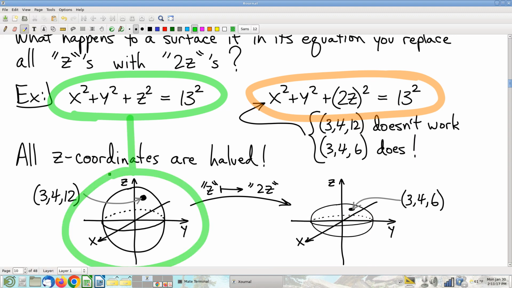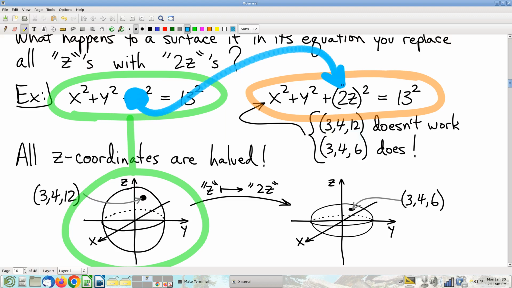Take this green equation, for example. This is just rho equals 13. This is very clearly a sphere, right? No problem seeing that this is a sphere. So I've got an equation that I understand that isn't actually what I'm interested in. I'm interested in something that looks very similar, not quite the same, right? And the question is, if I can identify, for example, that I've just replaced all the